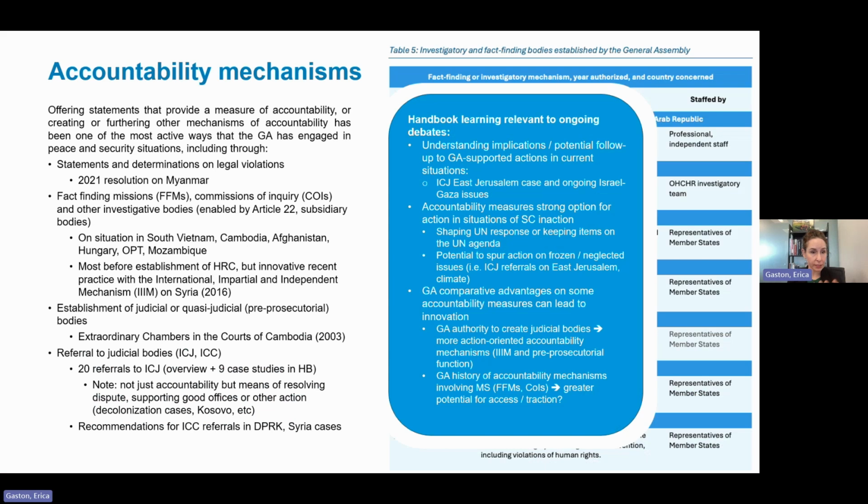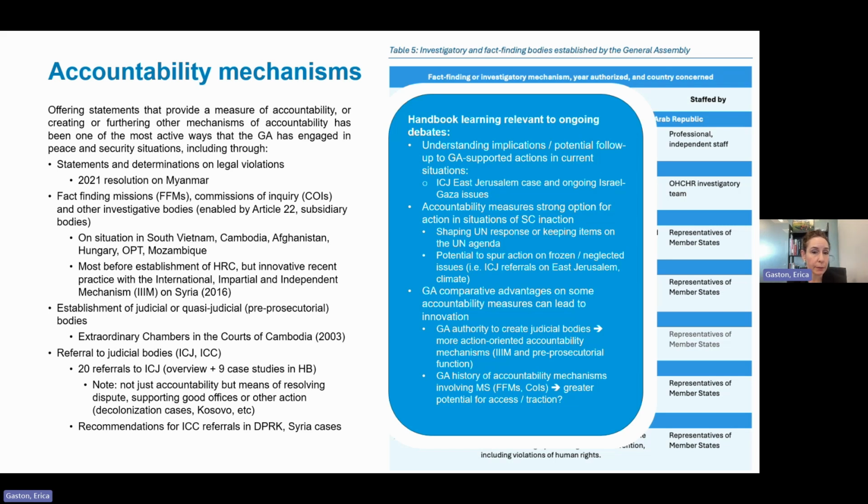Another strong example of this is accountability mechanisms. This is one of the richest and the biggest areas within the GA handbook, partly because there's such an extensive practice within the General Assembly on this. And they range on everything from making statements and determinations on legal violations to introducing and creating, using the Article 22 authorities, fact-finding missions, commissions of inquiry, and other investigatory bodies. So a really recent example of this was the creation of the